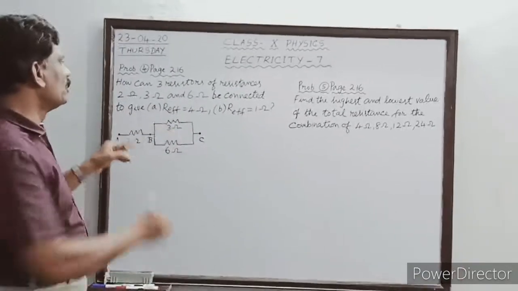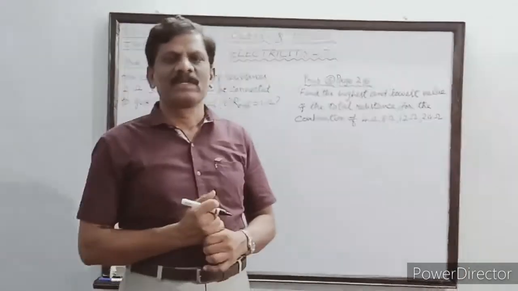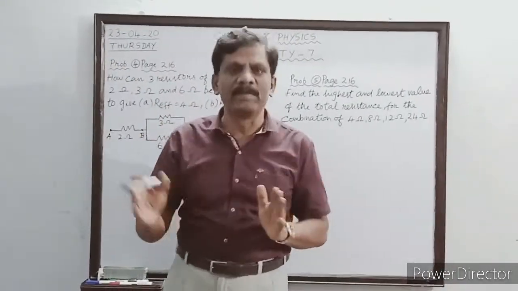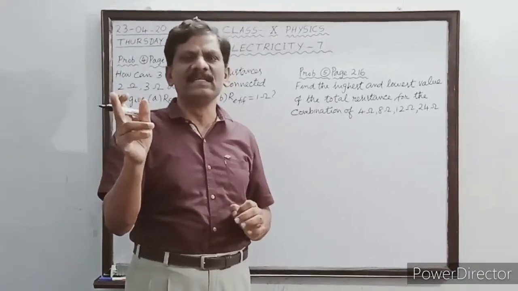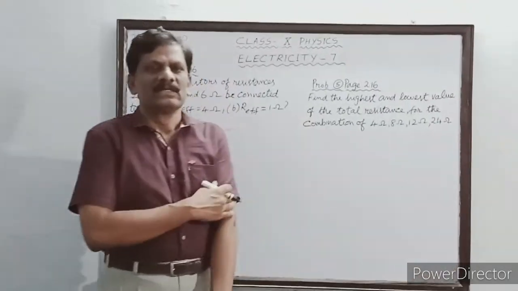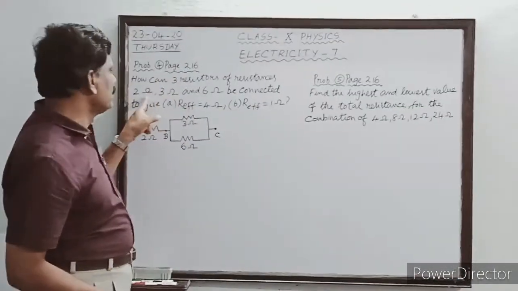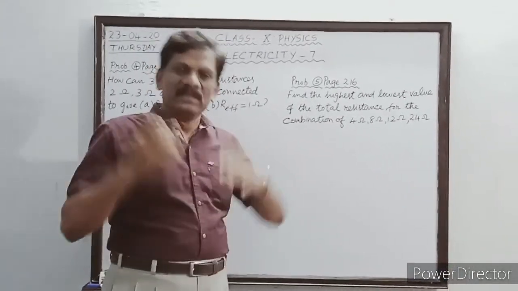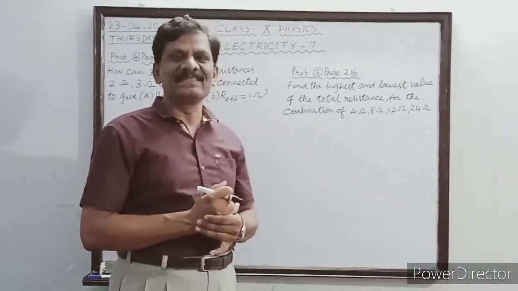For example, you take the two values of resistors 3 ohm and 6 ohm. Imagine if they are connected in parallel. What will be the effective resistance? The shortcut I have taught you: R parallel is equal to R1 into R2 by R1 plus R2. So 3 into 6 divided by 3 plus 6. 3 into 6 is 18, 3 plus 6 is 9, and 18 by 9 is equal to 2 ohm. Okay. So the combination of 3 ohm and 6 ohm can give you 2 ohm. If that 2 ohm is connected with the first resistor of 2 ohm in series, the effective resistance will be 4 ohm. If again they are connected in parallel, 2 and 2 connected in parallel will give you an effective resistance of 1 ohm.